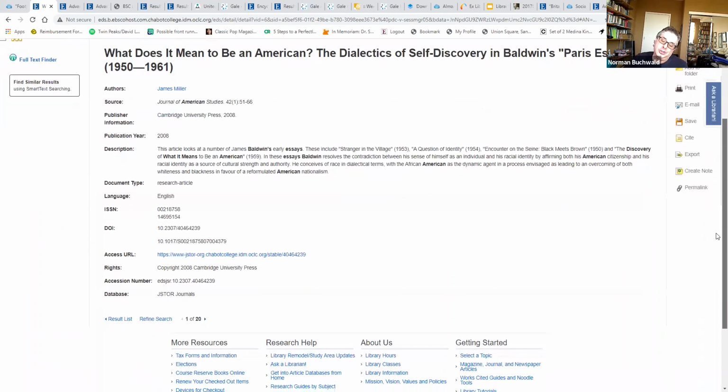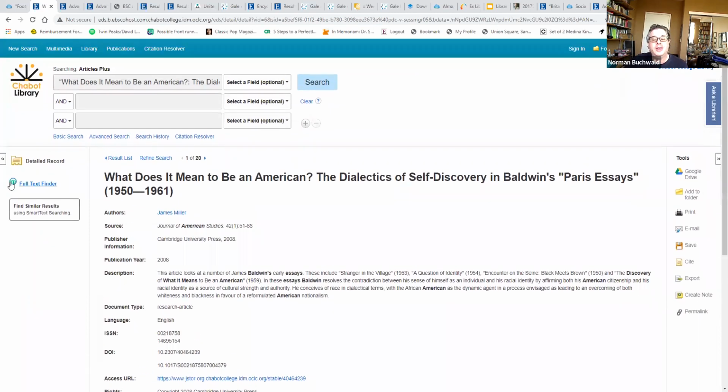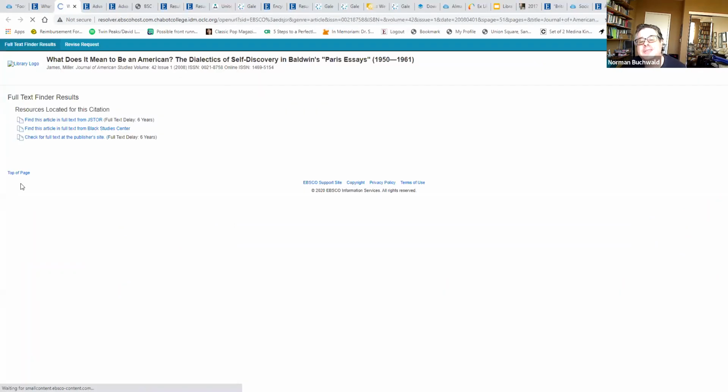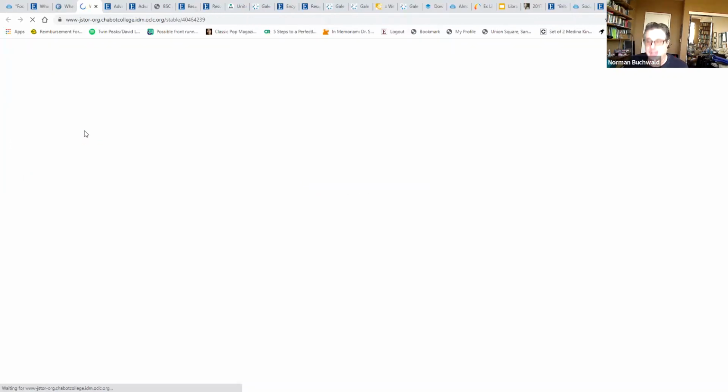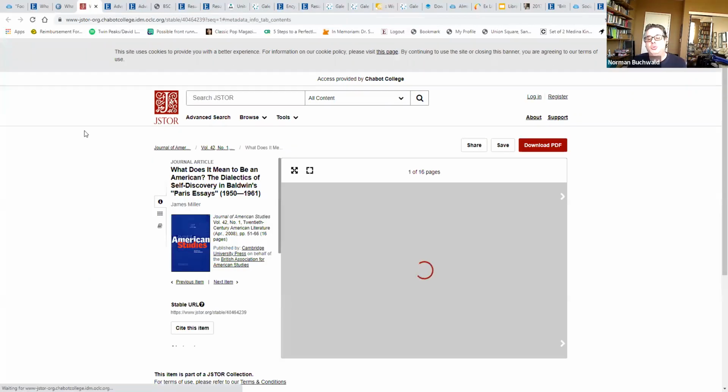So yeah, it took me to this record. And what I need to do next is click on this full text finder link on the left. And now here it's telling me it's in these various different databases. So I can find this in JSTOR, I can find this in Black Studies Center. The publisher site even may have it. I usually go with the first, and JSTOR is usually a safe bet,